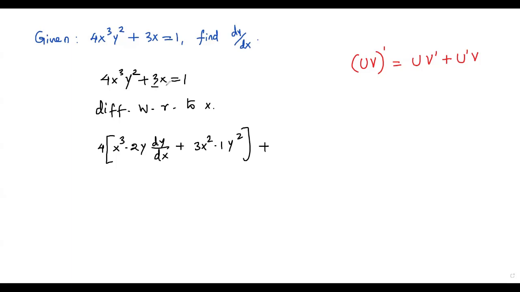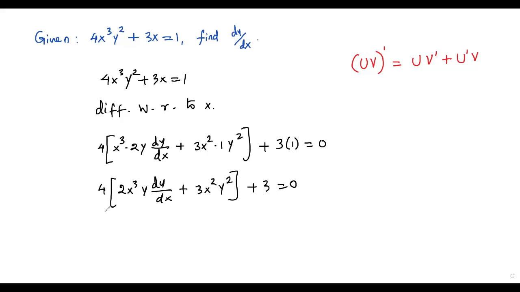So here the constant and the variable are multiplied. So when I find the derivative, I have to keep the constant 3 as it is. When I find the derivative of this x with respect to x, it will just become 1. On the right side, if I find the derivative of this constant 1, it will just become 0. Okay, now 4 times, we can write this x cube times 2y as 2 times x cube y times dy over dx, positive. When we simplify this one, I'm getting 3 times x square, y square, positive 3 equals to